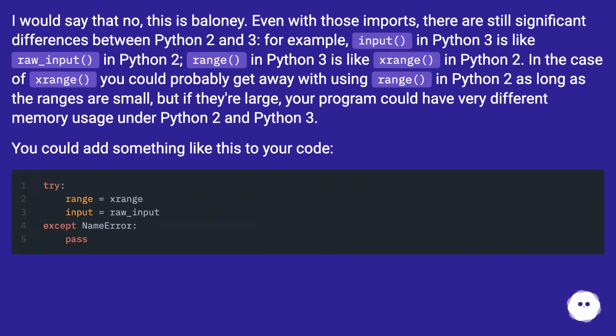I would say that no, this is baloney. Even with those imports, there are still significant differences between Python 2 and 3. For example, input in Python 3 is like raw_input in Python 2, range in Python 3 is like xrange in Python 2. In the case of xrange, you could probably get away with using range in Python 2 as long